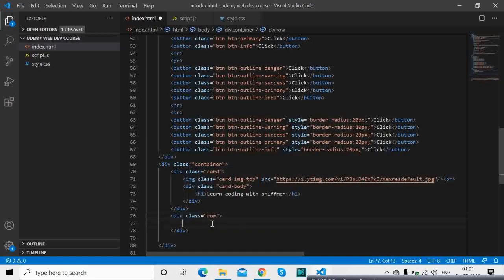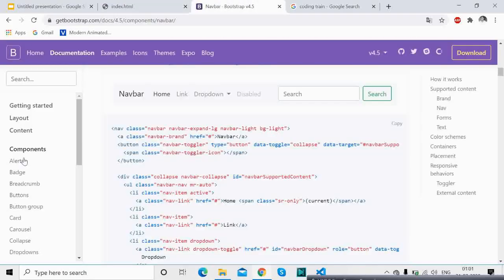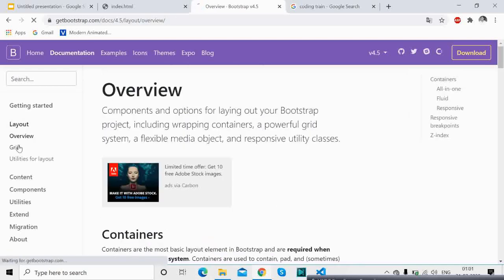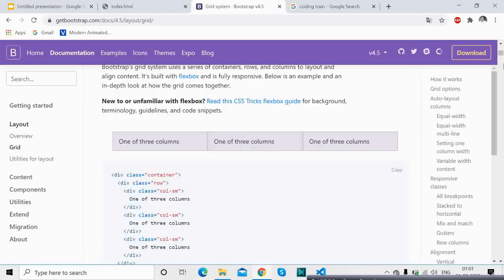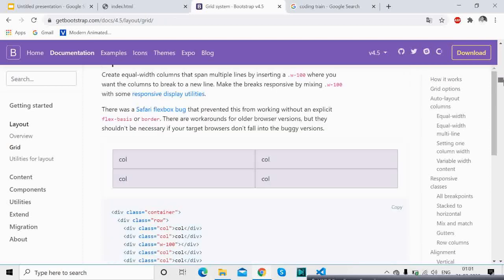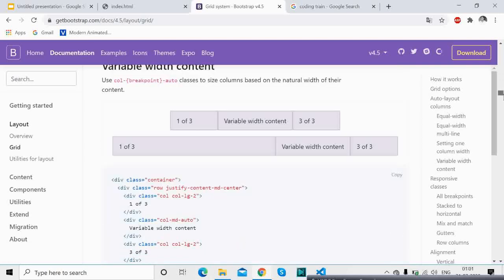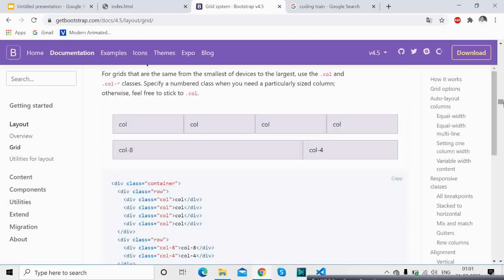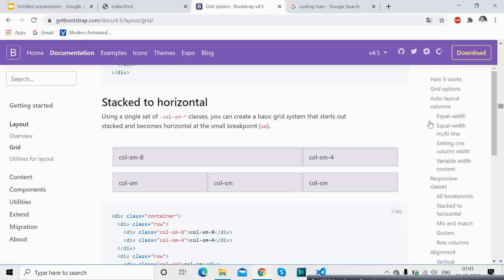If you go to Bootstrap website, you will see something called layout, and within that you will find something called grid. Now this is the most important thing which is available in Bootstrap. Okay, so what this does is this will give you the flexibility of aligning the content on your page. So basically you will get an idea when I start coding on this.